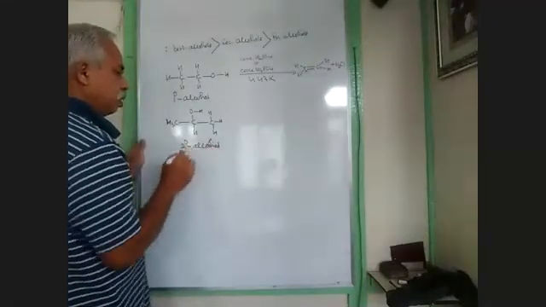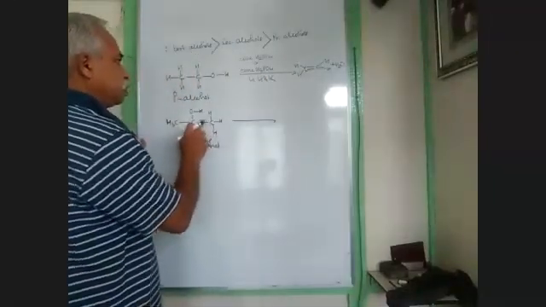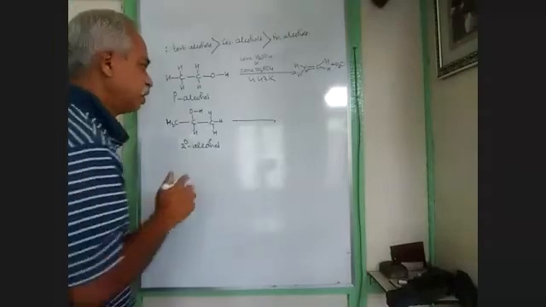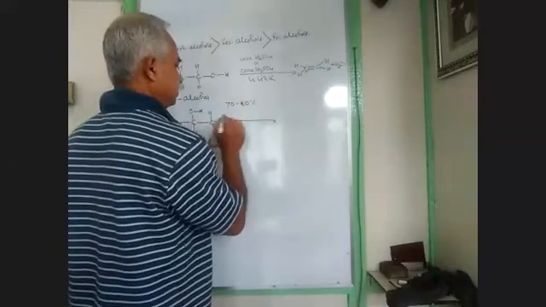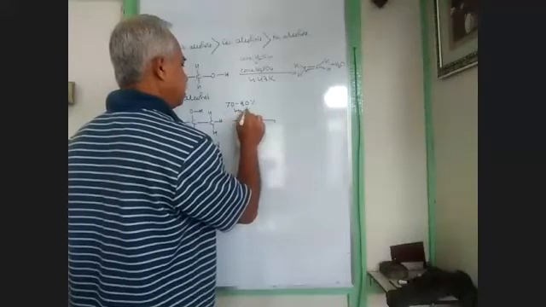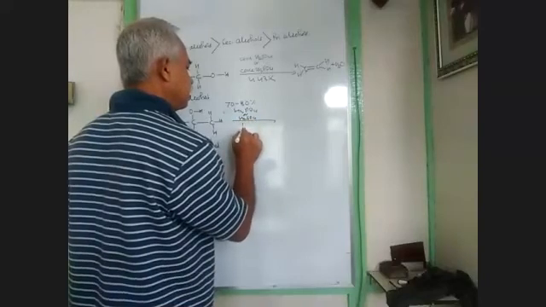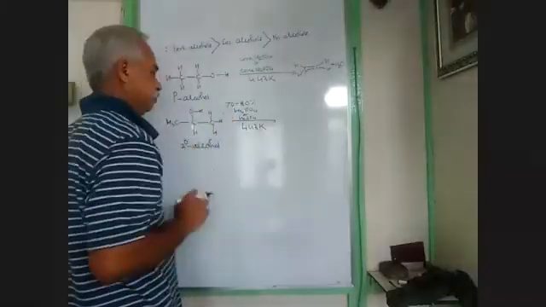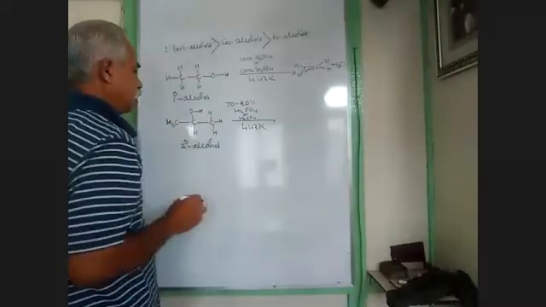Okay, secondary alcohol. Here, because this carbocation is more stable than this one, I don't have to put so much pressure on it. I need not exert it. So I take 80% H3PO4 or H2SO4. Temperature is the same, 443 Kelvin, but this one I have diluted. So what will I get? This water will go out, and you will get here